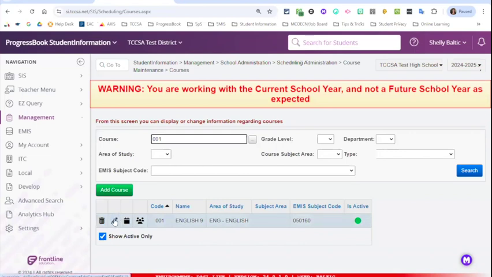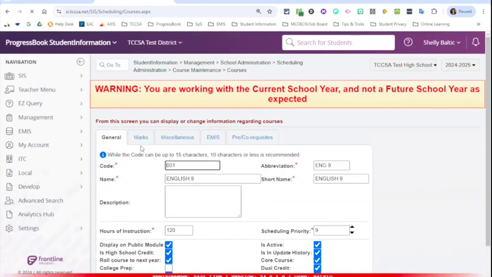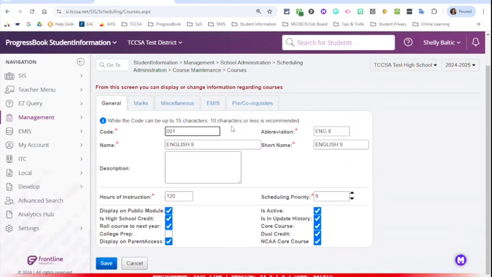If I need to edit this, or if I'm creating a new one, when you're generating or creating that new course, what is it going to look like? So we have our course code and our course abbreviation, and then of course the course name. The course name is what the teacher sees in the gradebook. So this is the important part. In this case, the teacher would see English 9 and then whatever section that you would schedule them to. So if they were section